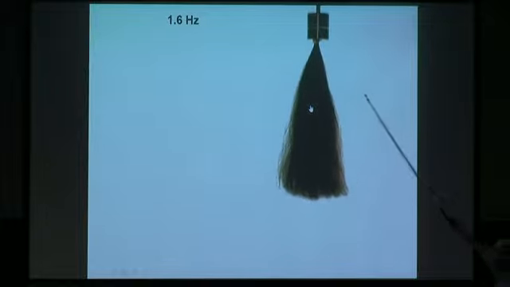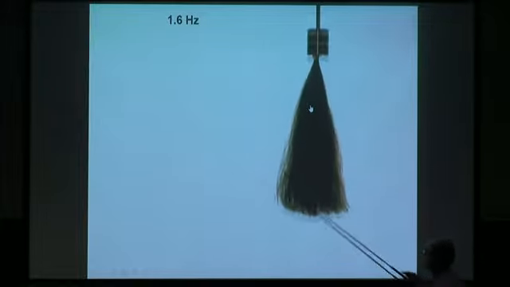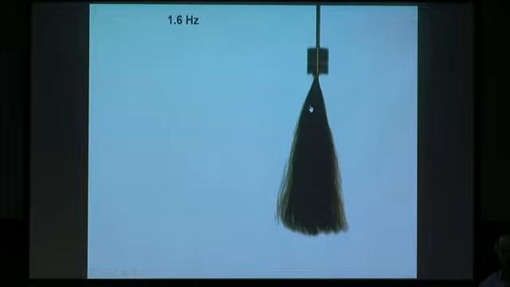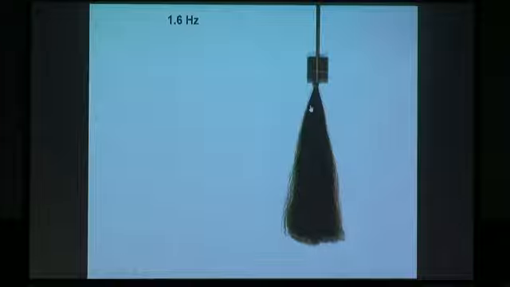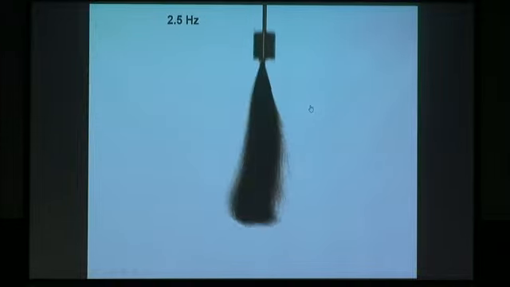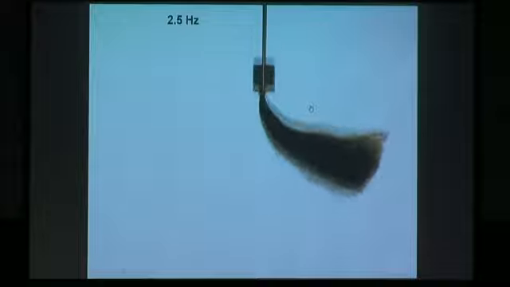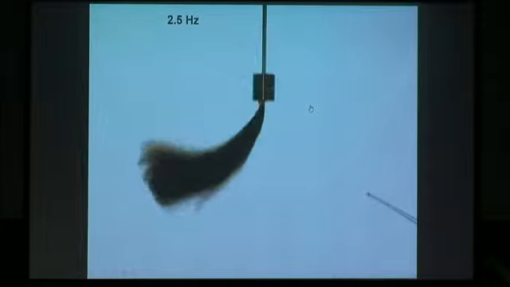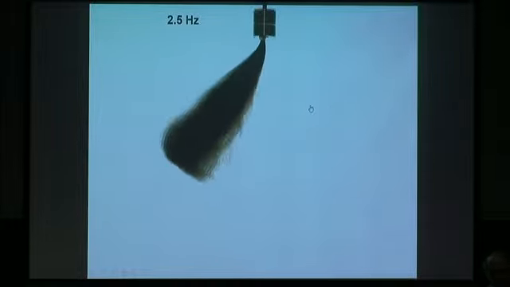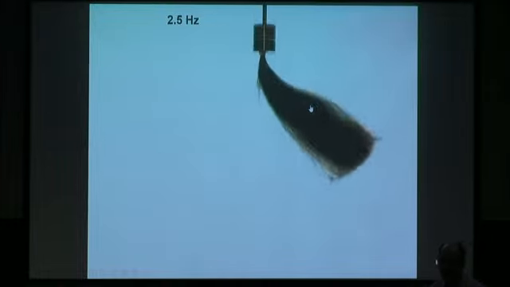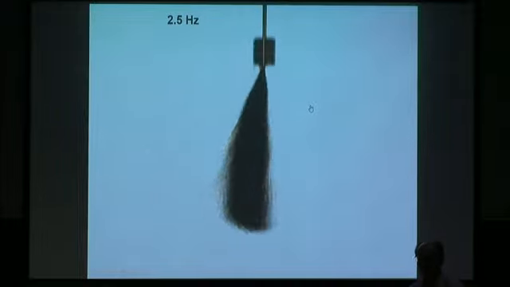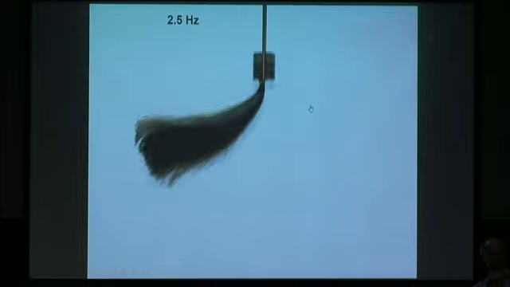But this is the up and down motion of a ponytail at about 1.6 hertz, and you see there's a kind of breathing motion. Right? So it's airflow within the ponytail, but it's perfectly stable side to side. Again, that jitter is not real. And then when you go to 2.5 hertz, you get this beautiful instability, exactly as Joe Keller described quantitatively, where you get this perfectly regular side-to-side motion. But the key thing about this is that the frequency of side-to-side motion is 1/2 the frequency of the up and down motion. The signature of this parametric instability is that it's subharmonic.